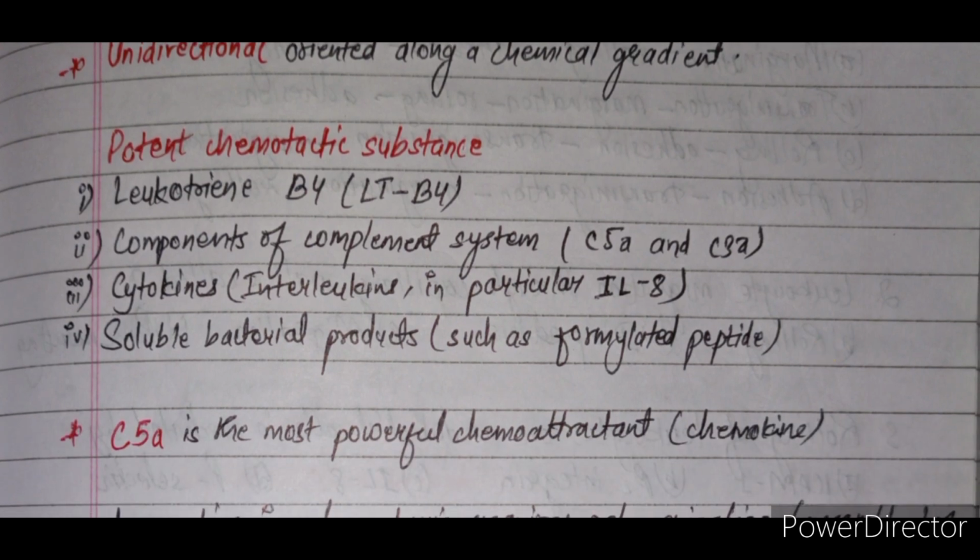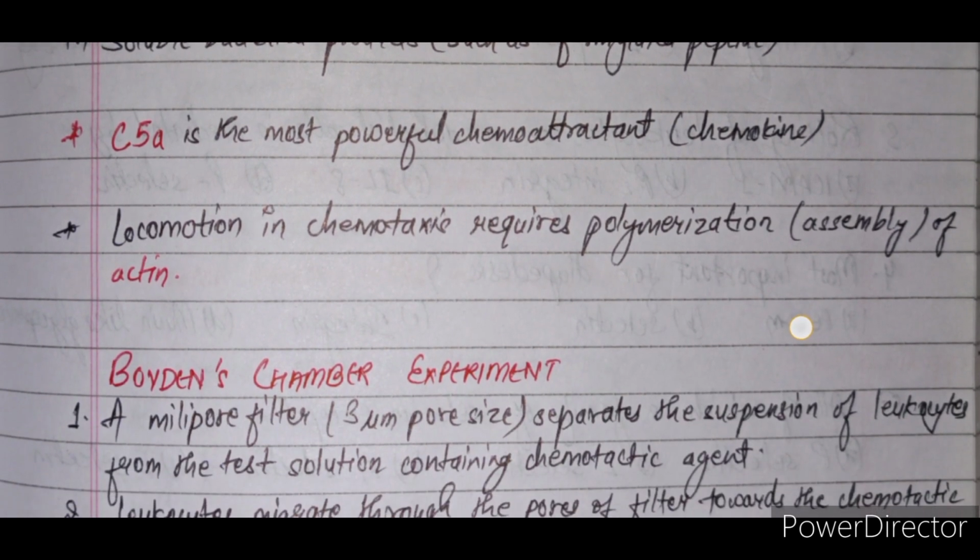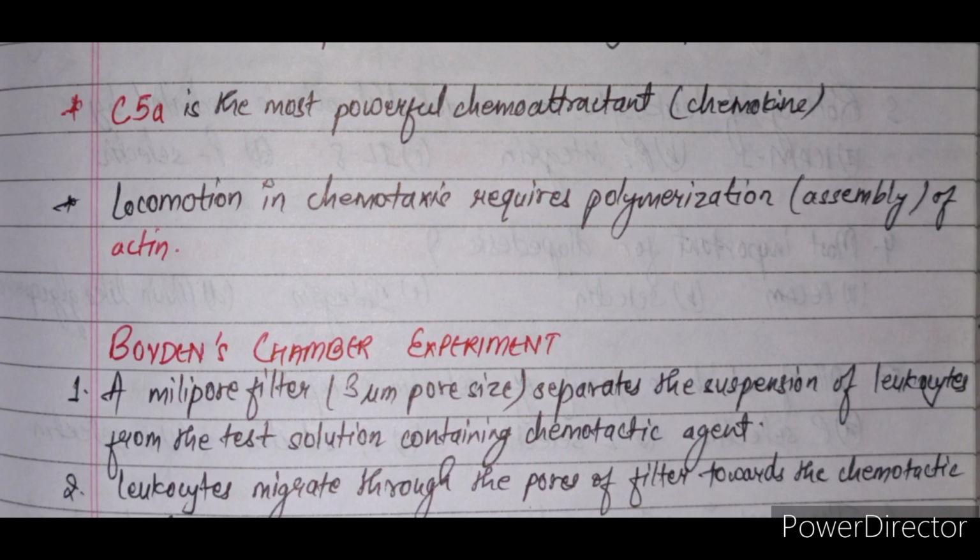Now potent chemotactic substances are leukotriene B4, that is LTB4, components of complement system, that is C5a and C3a, cytokines, that is interleukins in particular, IL-8, and fourth one is soluble bacterial products such as formylated peptide. C5a is the most powerful chemoattractant